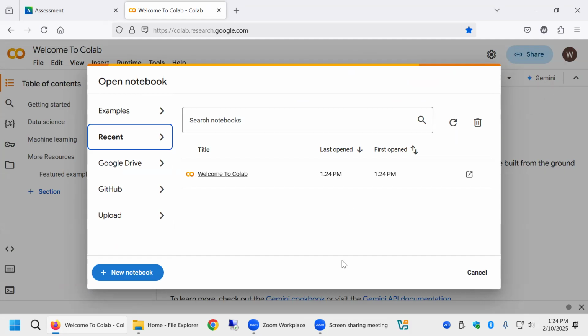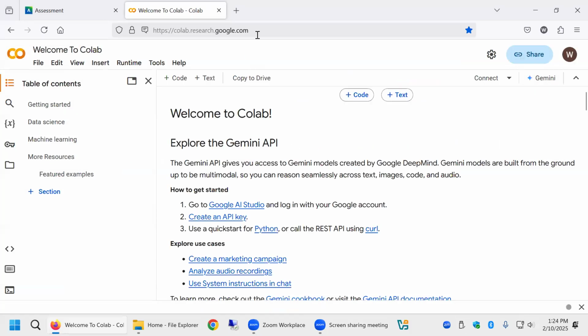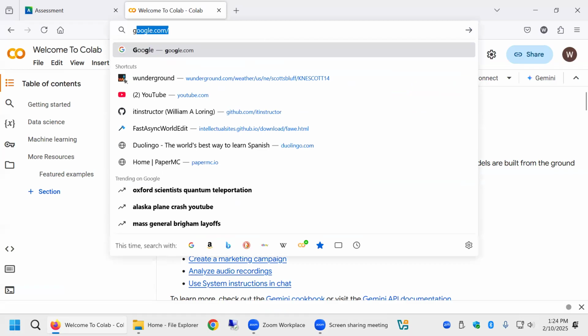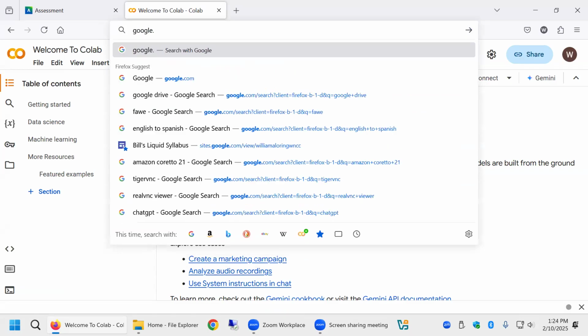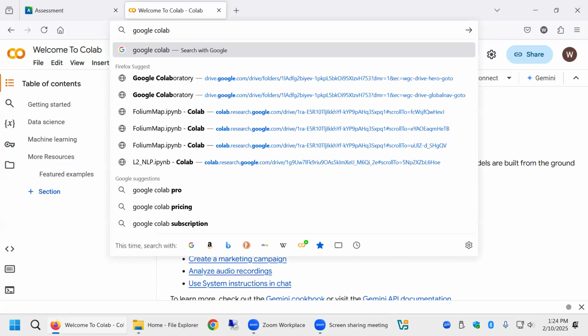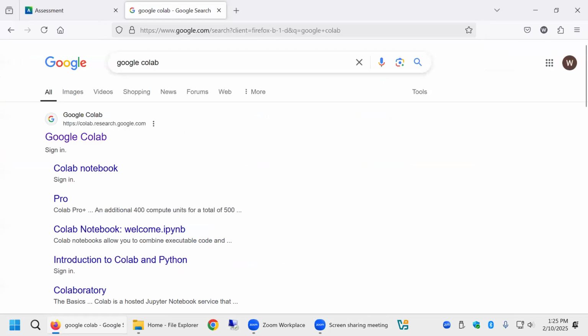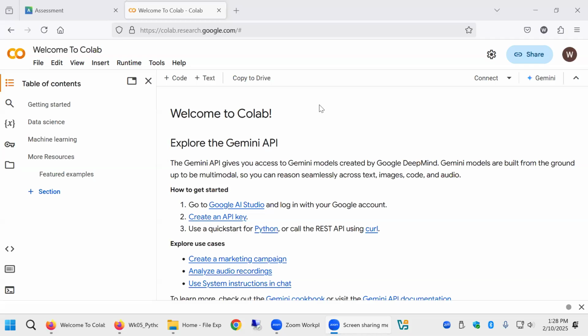It'll have Google Colab. So if I'm just searching, I would type in Google. In fact, that's how I usually get there. Google Colab, and yep, there it is. Colab.research.google.com. And you can sign in with your, okay, now that we're in here, we're going to go to,